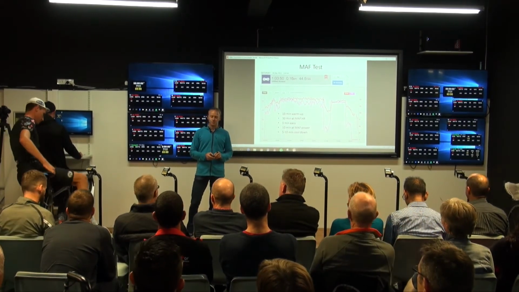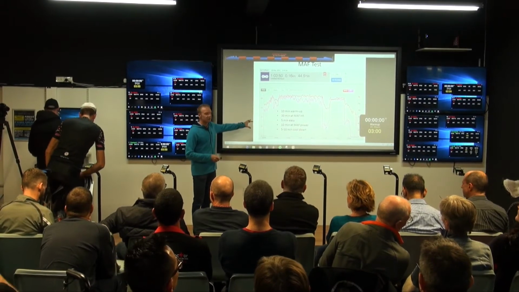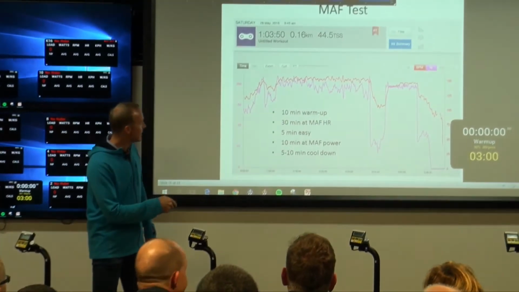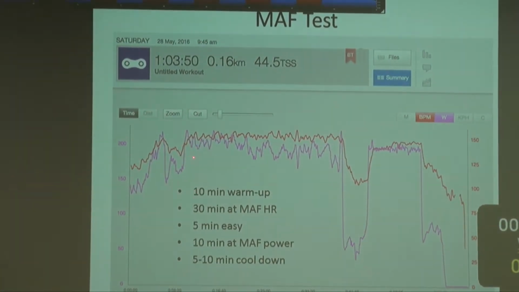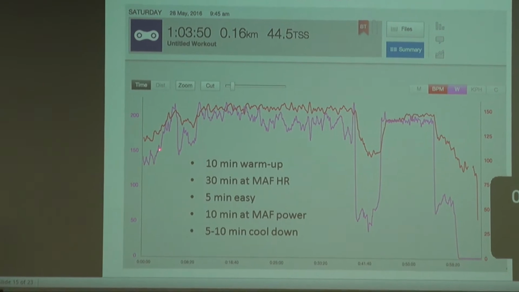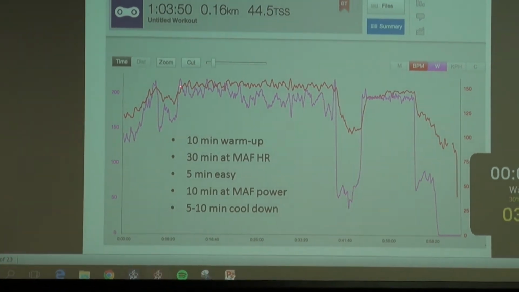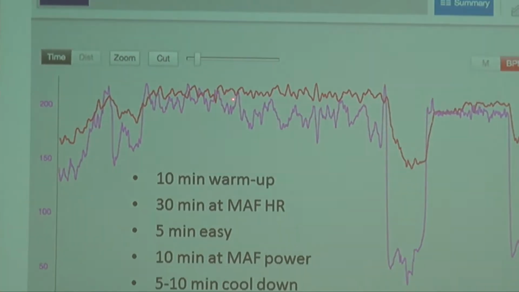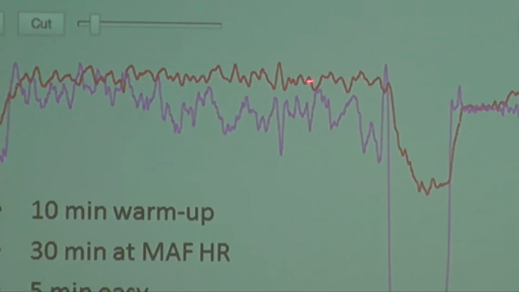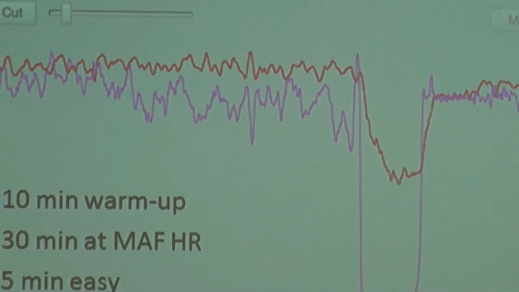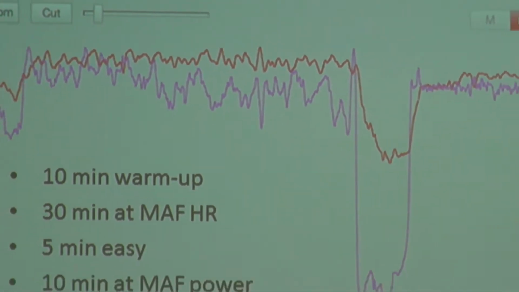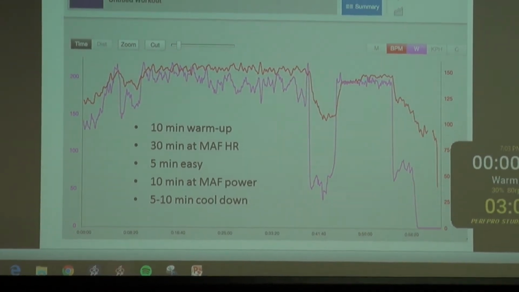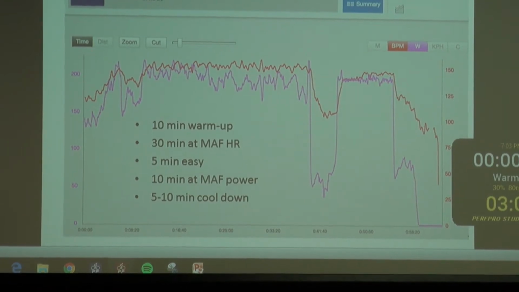And what I often do, this is Training Peaks. You guys are probably familiar with Training Peaks. This is me doing this test the other day. You can see here's my warm-up phase, the power and the heart rate. And then you can see that I lock into my 149 beats per minute, or thereabouts. And you can see what happens to my power, coming down a bit. So not as good. I'm a little bit unfit, and my fat burning probably isn't as good as it had been before that Ironman event.